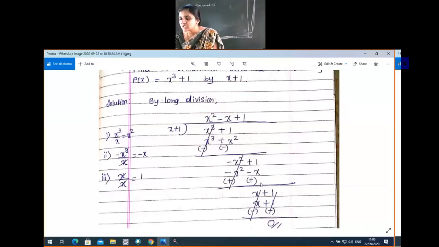Now again you just observe, 1 and x are unlike terms. Again we cannot add. Plus into plus is plus, but we cannot apply the addition process because 1 and x are unlike terms. So as it is, we have to bring down this 1 and x for the next step. How do we bring them down? First we have to take the highest power.